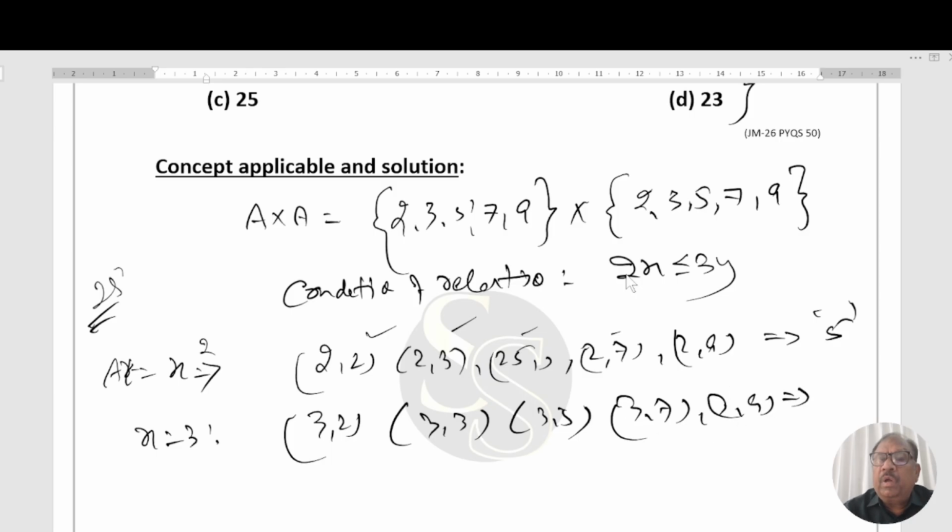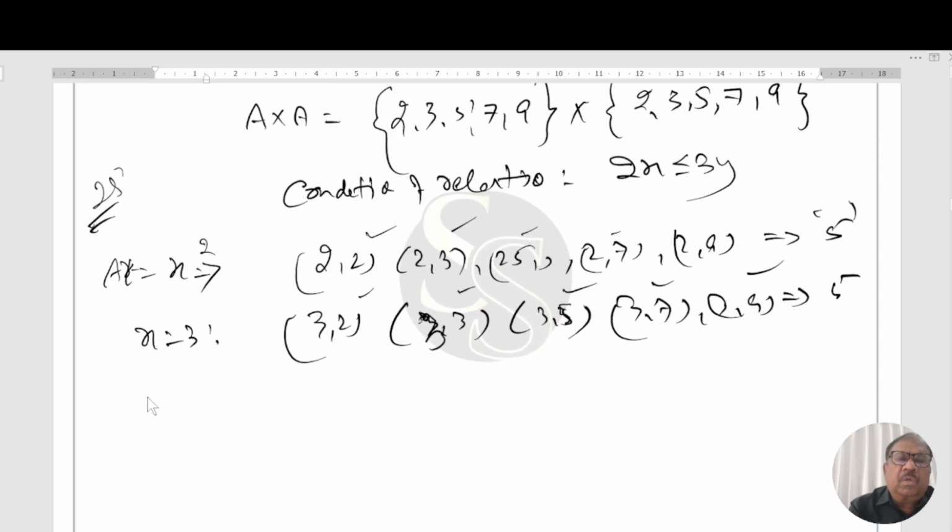Here 2x is 6 and this is 6 greater than equal to... ये करेक्ट है। (3, 2) is not correct, (3, 3) correct, जिसका y ग्रेटर है वो तो करेक्ट हो गया। इसमें 5 आ गए कंडीशन सेटिस्फाई करते हुए।